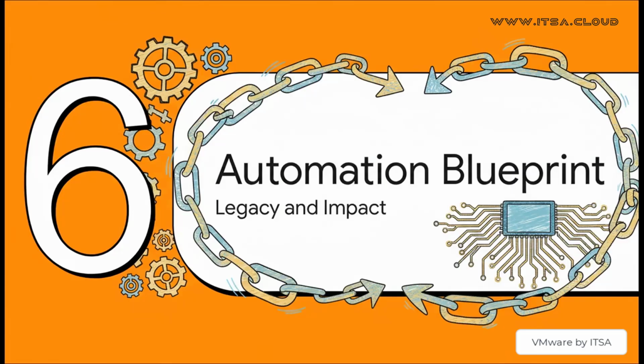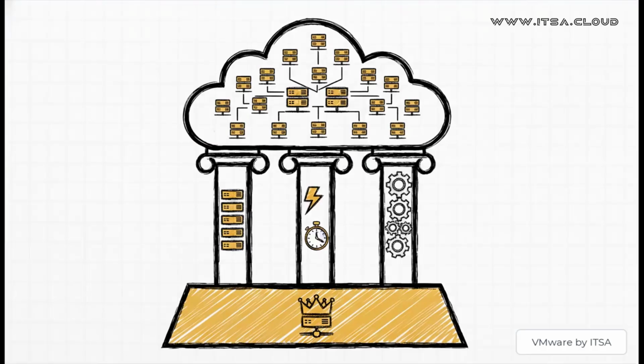So as we start to wrap this up, let's think about the bigger picture here. The golden image concept is so much more than just a neat little time saver. It's really a foundational piece of a much bigger automation strategy. And if there's one thing to take away from all this, it's this. Templates aren't just some random feature. They are the absolute bedrock of any modern virtual infrastructure. They give you the standardization, the speed, and the efficiency you need to scale things up reliably. Honestly, it's a foundational skill for anyone heading towards DevOps or cloud engineering. This is your blueprint for automation.